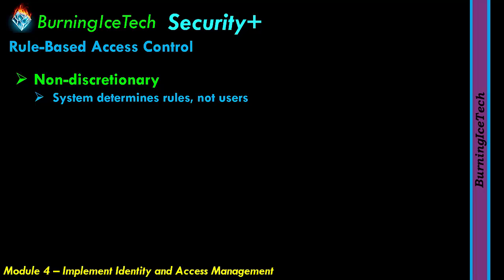Now, with that in mind, folks, if you look at things like role-based access control, attribute access control, and even mandatory access control, in other words, RBAC, ABAC, and MAC, these are all examples of rule-based, or should I say,